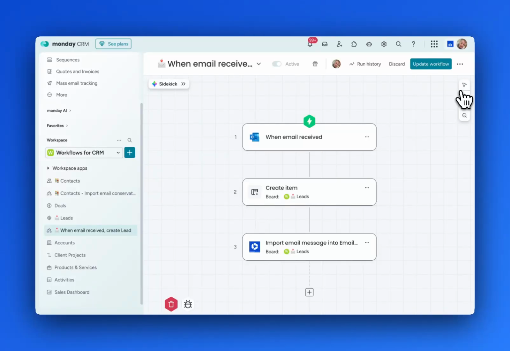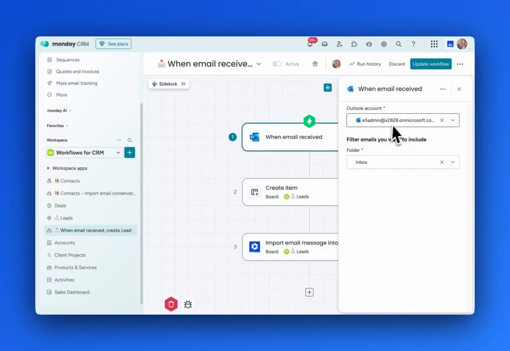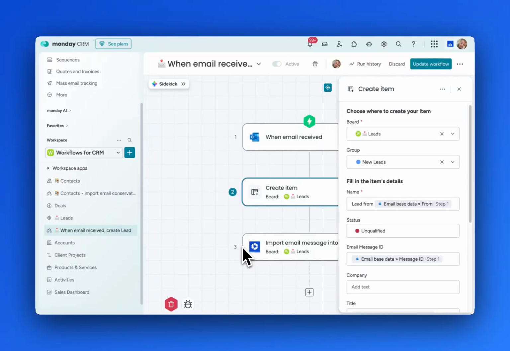Hi, this is a demonstration of a workflow that allows you to import an email message into emails and activities within Monday CRM. One thing that people often do when they're creating leads within Monday is hook up their Outlook email here. When an email is received to the Outlook inbox, they then create an item within Monday CRM within